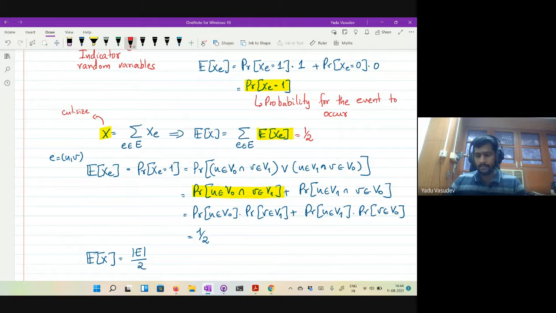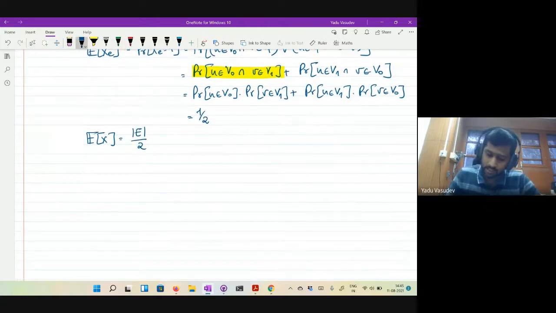But if you actually look at the proof, we have actually proved something much stronger than just this fact. We're not just proving that this randomized algorithm gives you a cut whose expected value is at least E over 2. We have actually proved a much stronger theorem which is true for every graph.